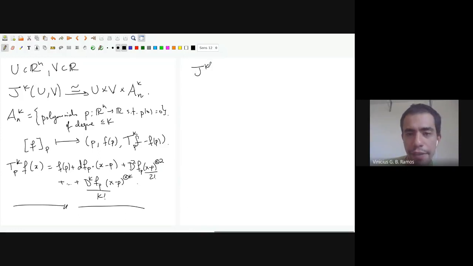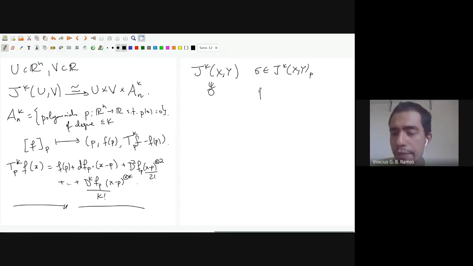So if I have a jet sigma, I know that this jet is over some point. So sigma belongs to J^k(X, Y)_{p,q}. So it's a jet over some point, and I call p alpha of sigma. So it's the source of sigma. And then I also have a target. Sigma actually belongs to J^k(p, q), so we can split that into q's. And q is going to be